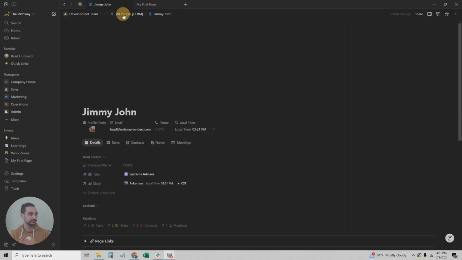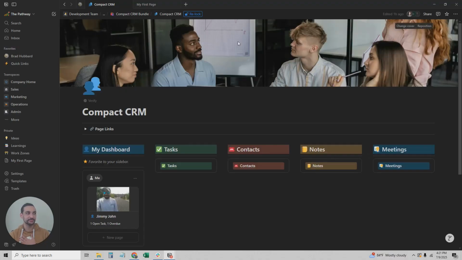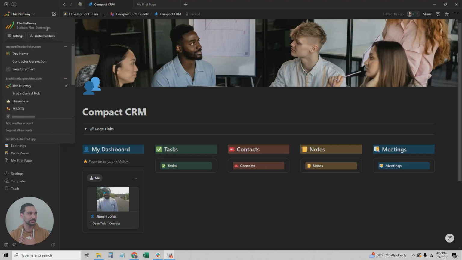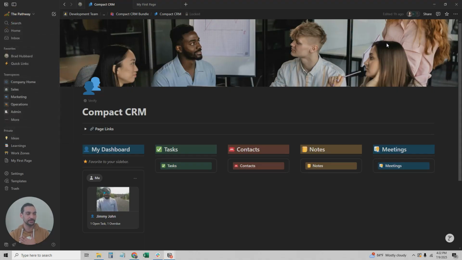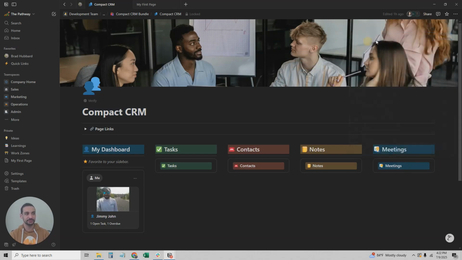Come to your main dashboard, go to your people database in the breadcrumb, and then you can add as many people as you want right here. In order to get them to actually be able to use that, you would share this page with them or invite them as a member to the entire workspace. We can see in this workspace I have 5 members, but if I wanted to invite somebody and not have to pay for it, all I have to do is come to the main Compact CRM area, and if I click share, everybody inside, or anybody that I share this with, whatever email, they now have all of the access